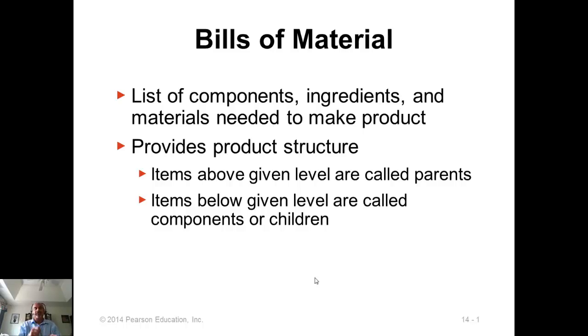And all the items in between will be parent for the items below it, and they will be children for items above it. So you'll have a product structure going from the top, an item that has only children and no parent, and then down below where each item may serve both as children for the items above it and parent for the items below it, and at the bottom you will have items that act only as children items but not as parent items.